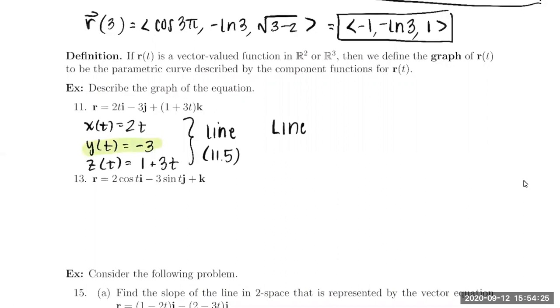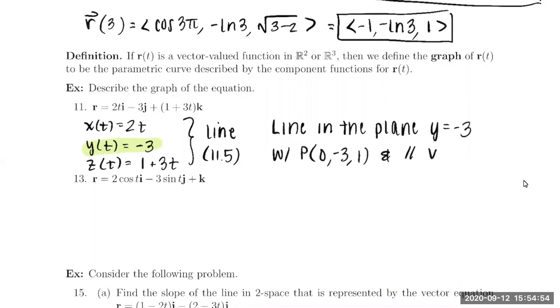Since we have a constant component function y equals -3, that means that all of our y coordinates are -3. In other words, this line is going to lie in the plane y equals -3. So this is a line in the plane y equals -3,